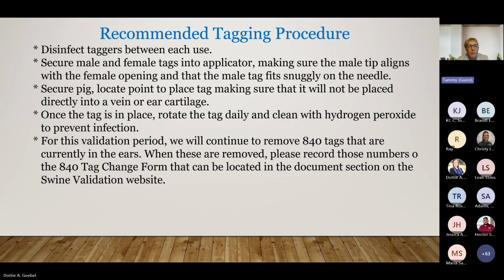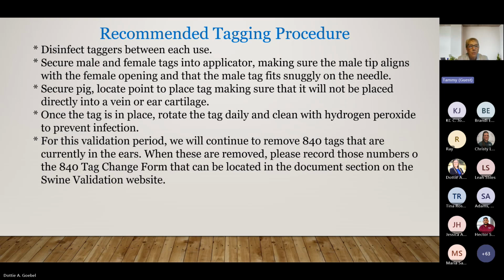Once those are removed, you'll need to record those numbers on our 840 tag change form that's located in the document section of the validation website. I will be reaching back out to Mr. Pianczyk, I've got to reach out to him today and set up a meeting, but we will discuss in great length as soon as possible if there will be any changes made to this system prior to our spring validation process in November.